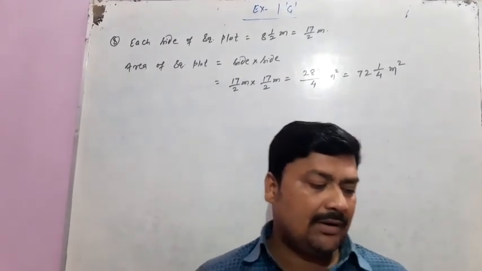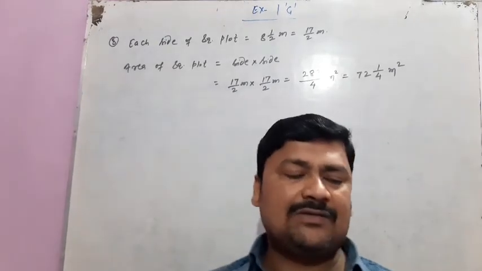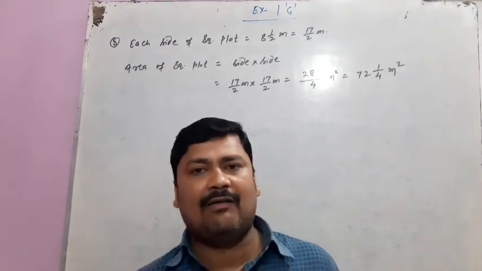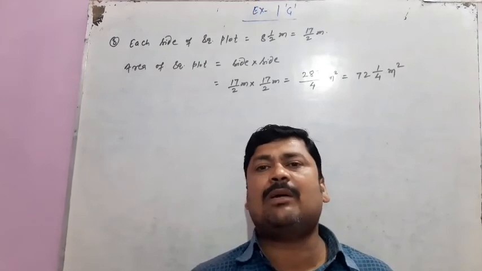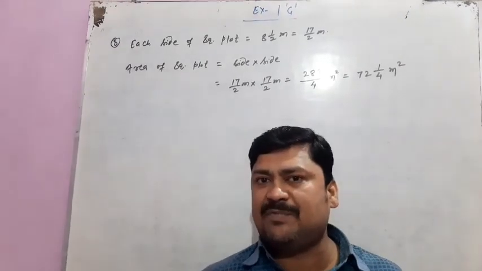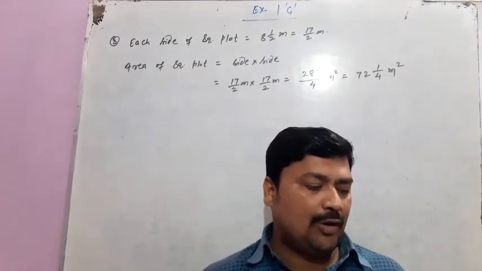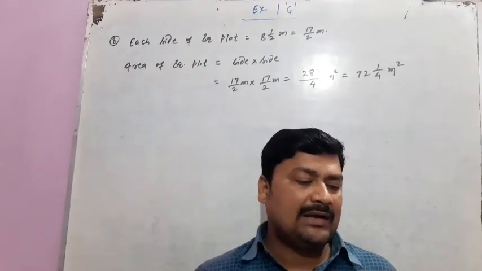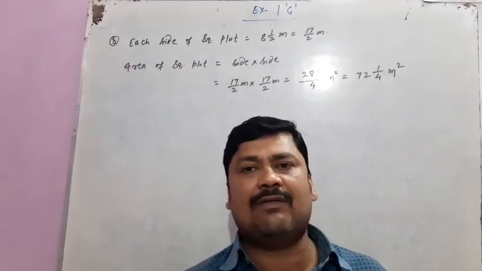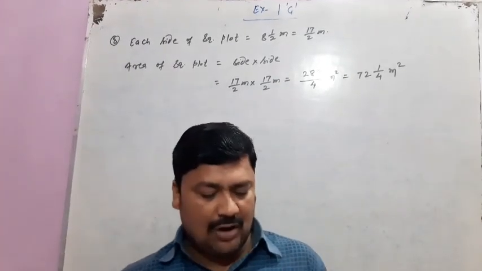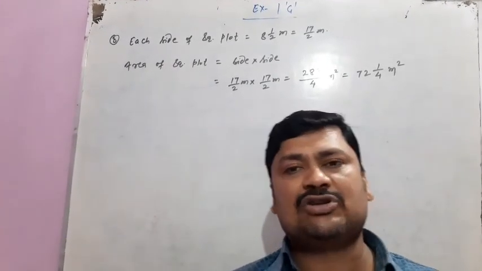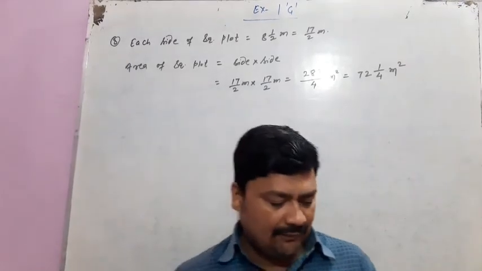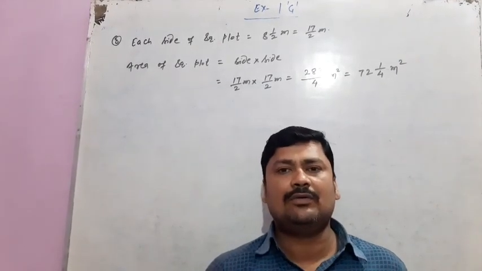Now in question number 10, an aeroplane covers 1020 km in an hour. The distance covered by the aeroplane in 1 hour is called its speed. So the speed of the aeroplane is 1020 km per hour. What distance will it cover in 4 whole 1 by 6 hour? This question also we solve in the same way as question number 6. By this way, we can solve from question number 1 to 10.